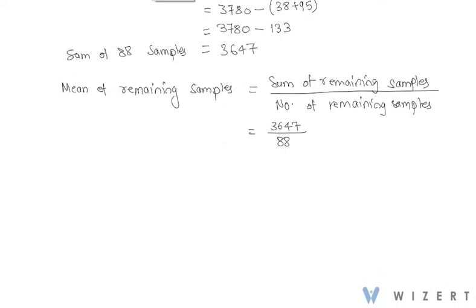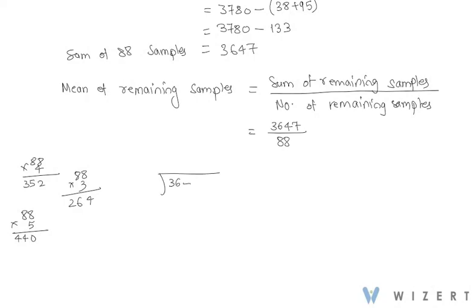So let's calculate a few multiples of 88. 88 into 4: 8 4s are 32 plus 3 is 35. And 88 into 5: 5 8s are 40 plus 4 is 44. And 88 into 3: 8 3s are 24 plus 2 is 26. With these multiples, we'll start the division. If required, we'll calculate more.